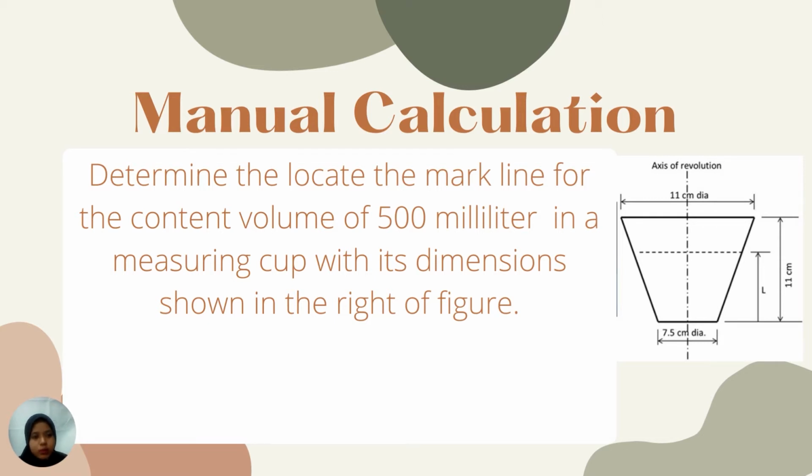So the problem is to determine the location of the mark line for the content volume of 500 milliliters in a measuring cup with its dimensions shown in the right figure. So this is the figure, and we assume that the mark on the measuring